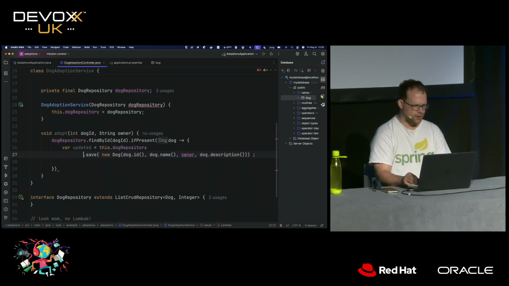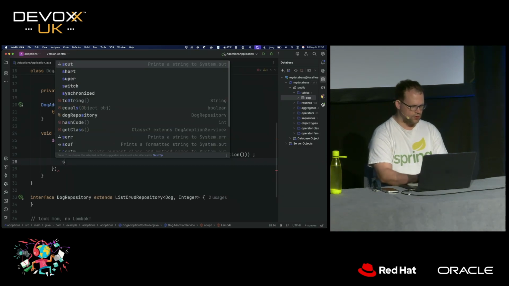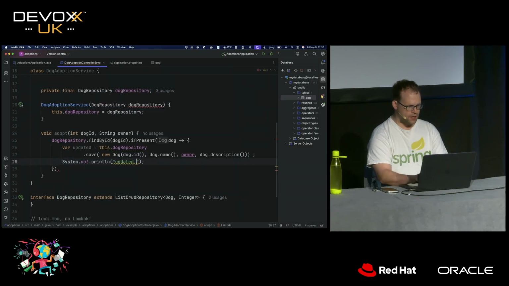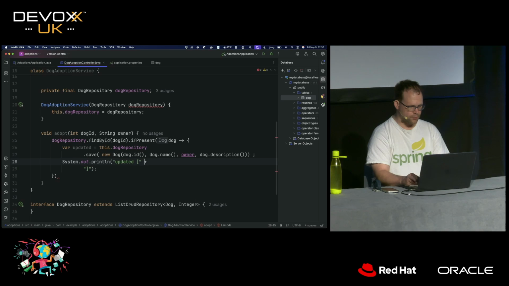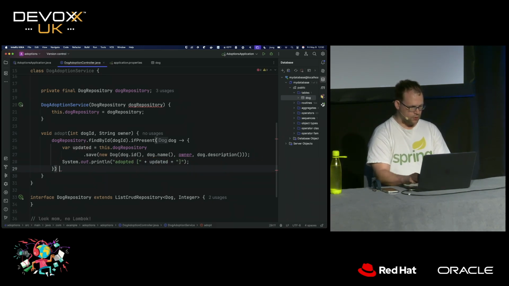You can't deny that the smart line completion that we have available to us nowadays is useful. I mean, that is just so good. Okay, so updated. Or actually, I suppose the verb is not really updated. We didn't update Prancer so much as we've adopted him, right? Okay, so there we go. Updated. Voila. Okay.